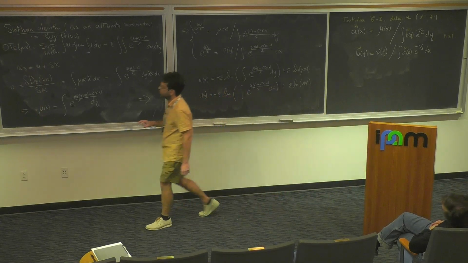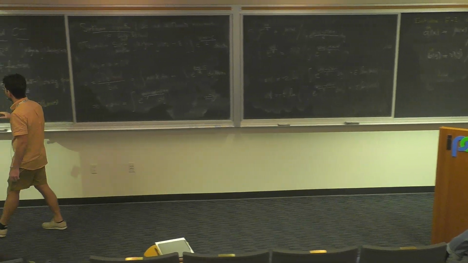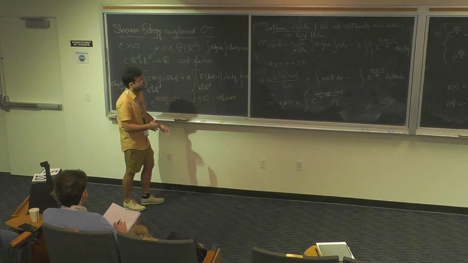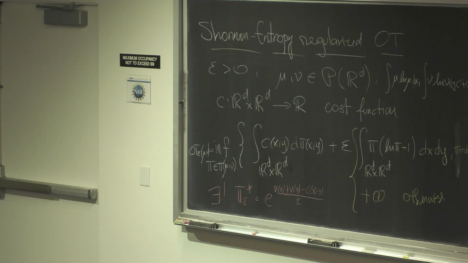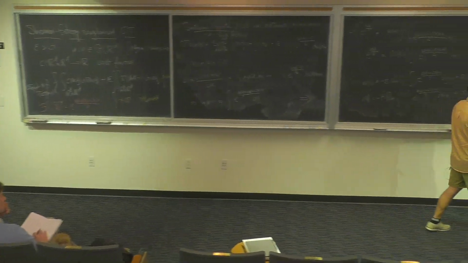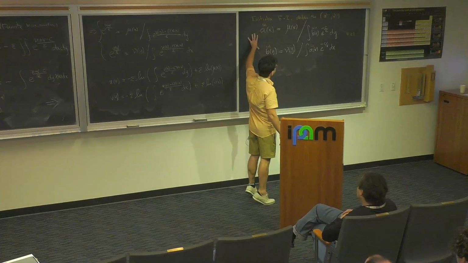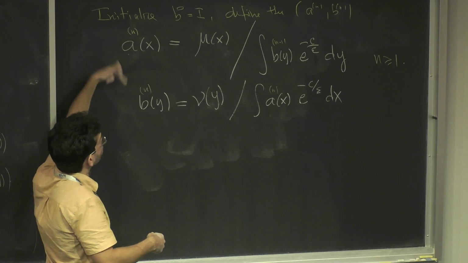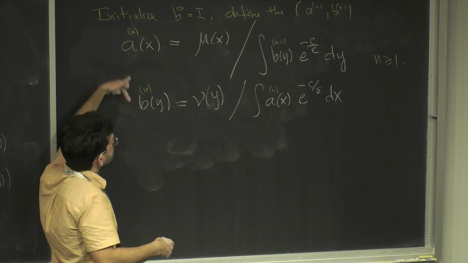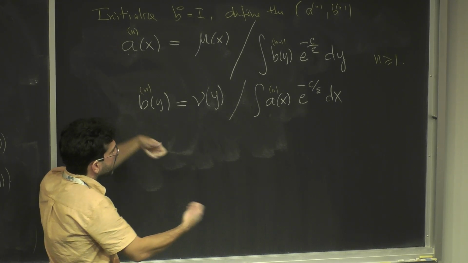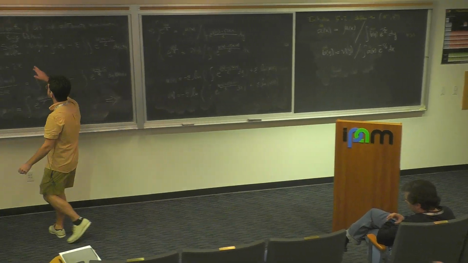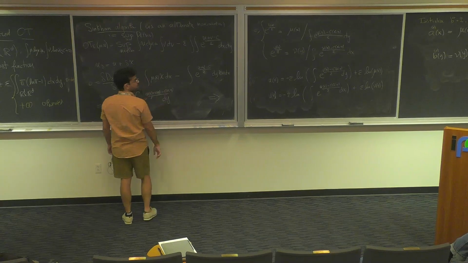Just to make a little break at this stage, what we have here is, we did the entropy regularization, and we have two equivalent ways of looking at the Sinkhorn algorithm. One is looking at this as a matrix scaling. So I start with a matrix pi 0, and I do iterations to fix the columns and the rows of this matrix until I get convergence. Or I can look at it equivalently as an alternate maximization of the dual problem.